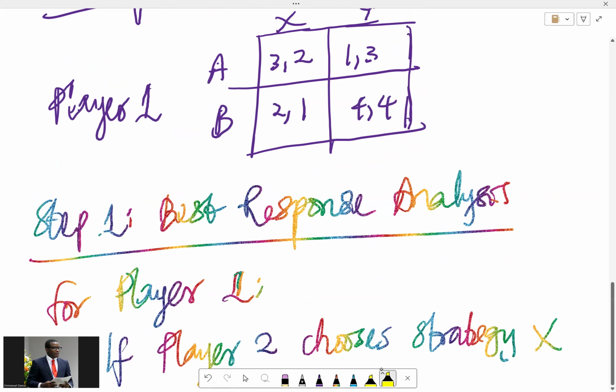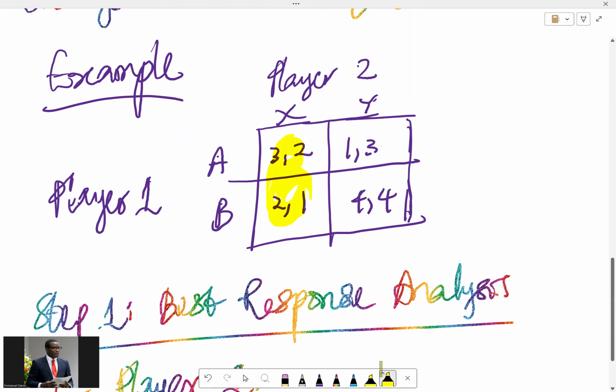So we are looking at this whole place. Player one can either play